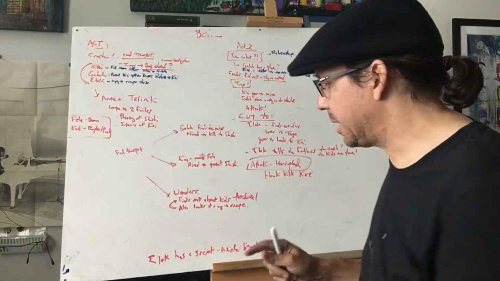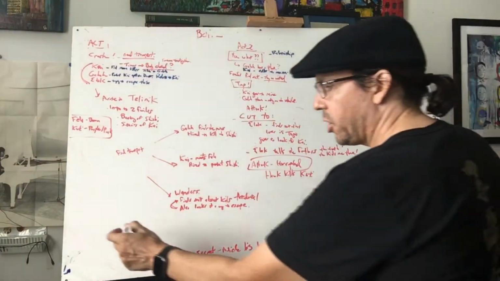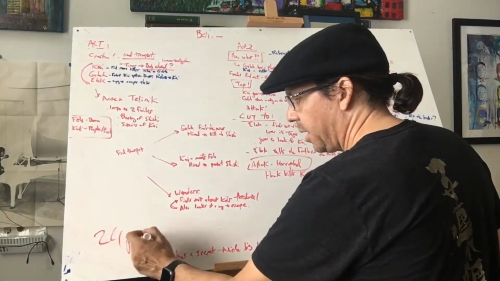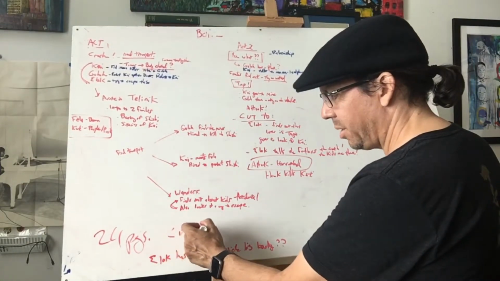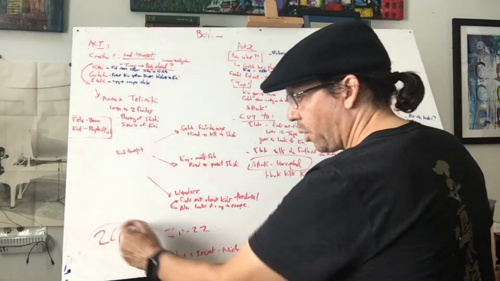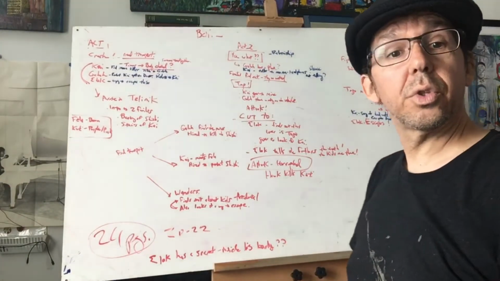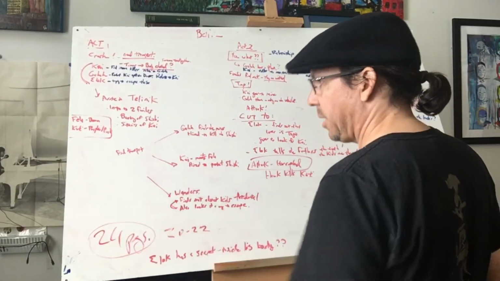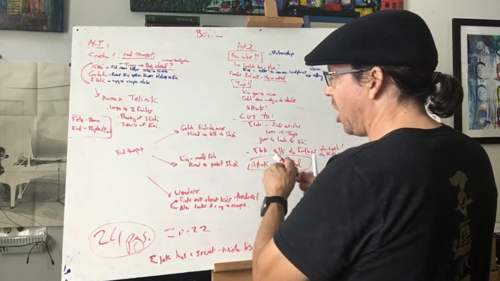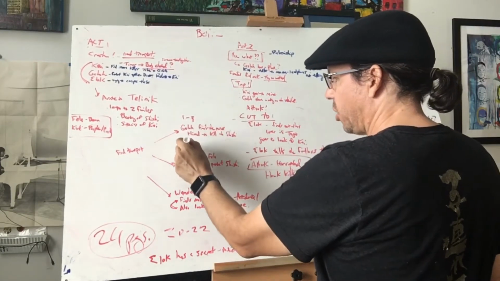One of the constraints of this is that it's all going to be done in 24 pages, okay? I think comics now are 20 pages, or 22 pages, something like that. I'm going to do 24 because I'm going old school, and I feel like it. And this happens to happen in 24 pages. So this scene is 1 to 3 pages. This is 1 to 3 pages.